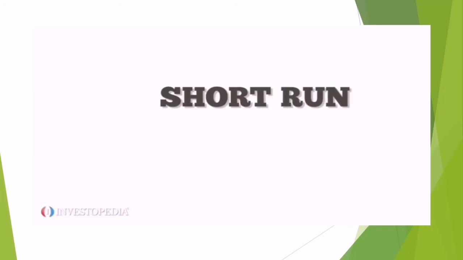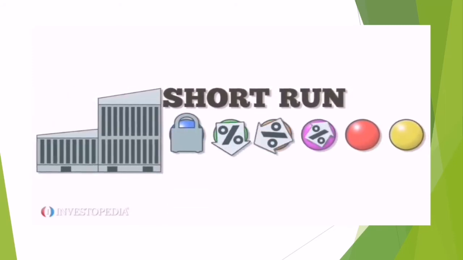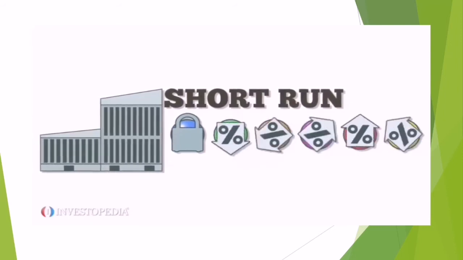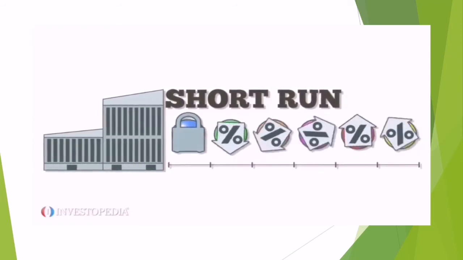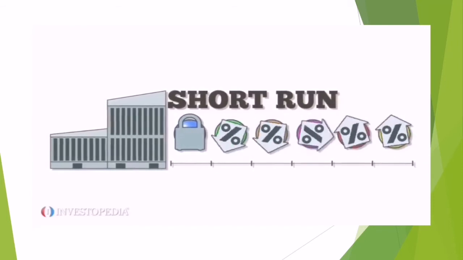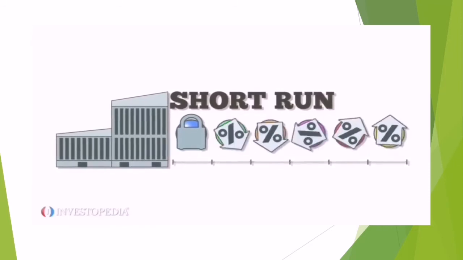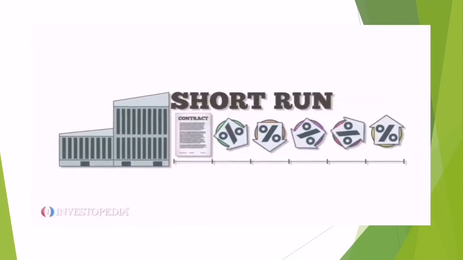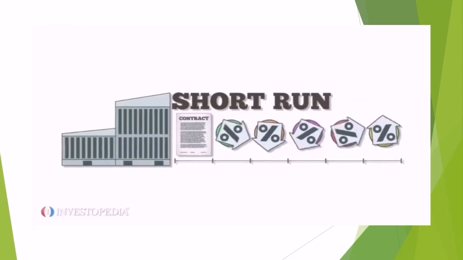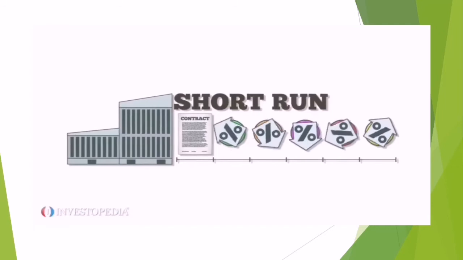Short run is the concept that for a business, at least one factor of production is fixed, while others are variable. The short run is a length of time during which fixed conditions cannot be altered, and certain decisions cannot be changed to increase production. It's not a definitive period of time, but rather a period that lasts as long as the business's contracts do. In the short run, a business can increase output by changing certain variables that are not fixed, such as raw